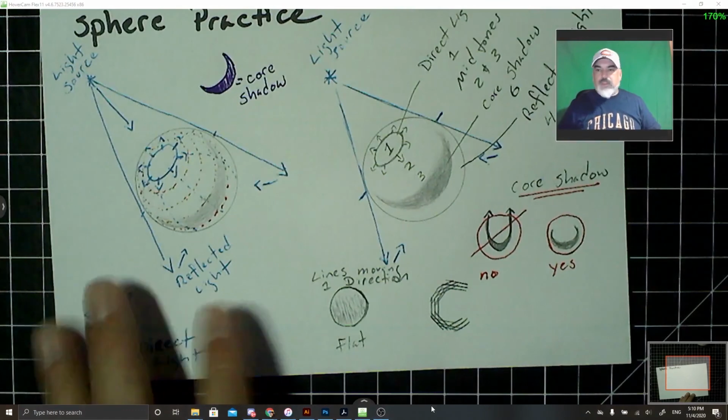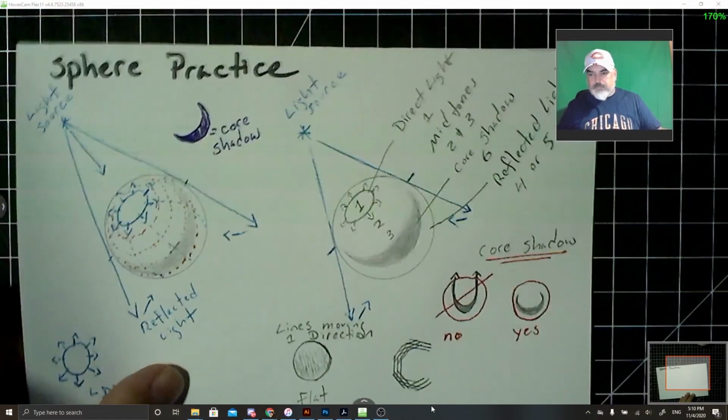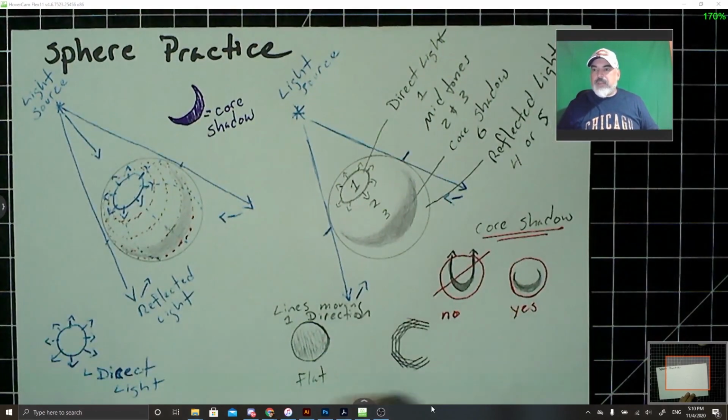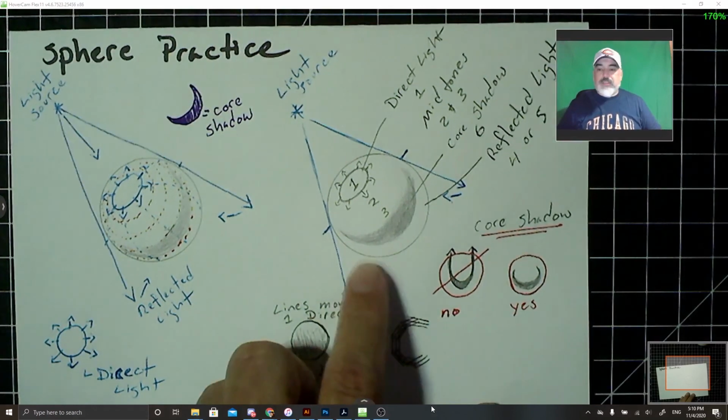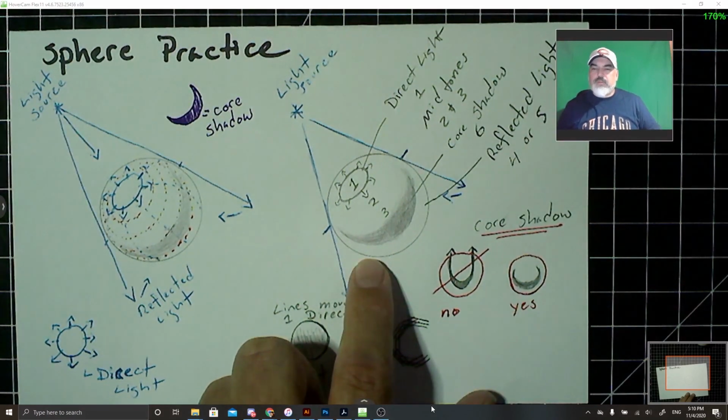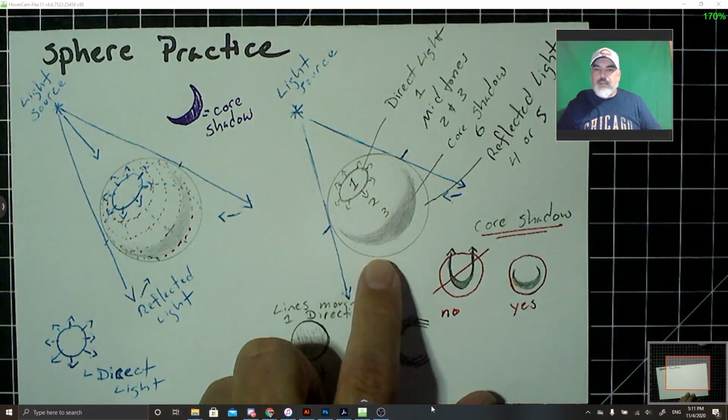So for the next video, I'm going to demo how to render it, and then I'm going to speed it up a bit so that people don't have to watch the 20-minute process, the 30-minute process of doing a small sphere. Something this size to do nicely can take 20-25 minutes. If I do it really quickly and sloppy, probably about 10 to 12 minutes. And so I'm going to make another video coming up after this,